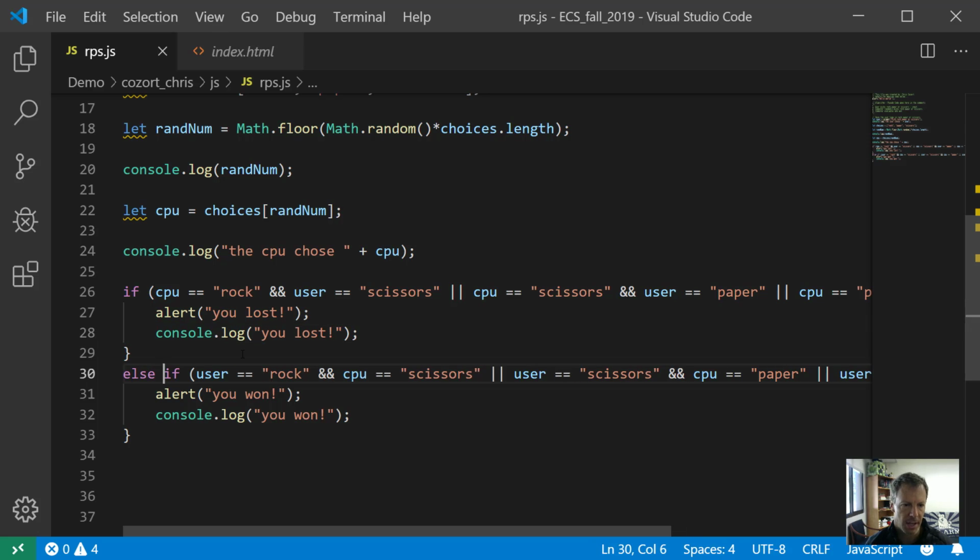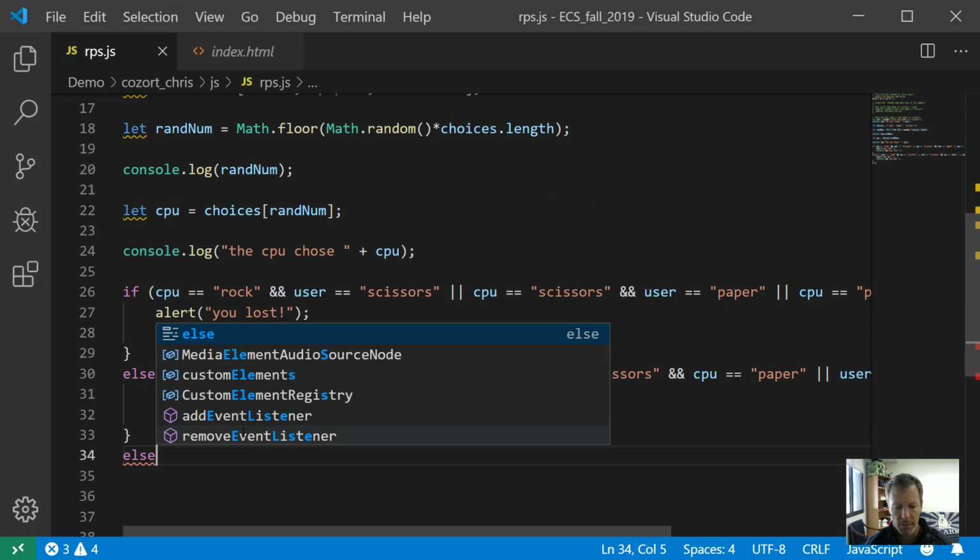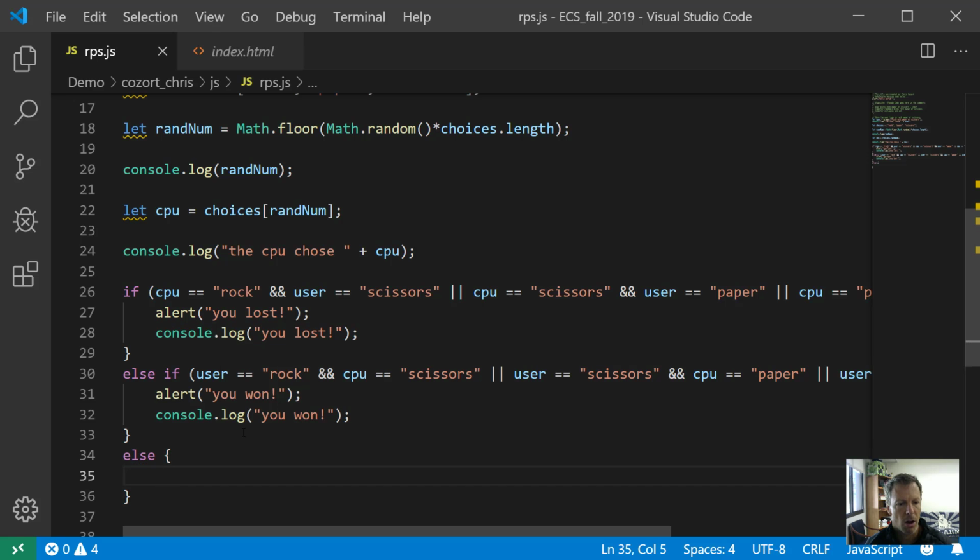So if I say else if user, and then all these scenarios, if this evaluates to true, we get it. If this evaluates to true, so any one of these has to evaluate to true. So if it's false, false, true, it's going to be a true statement because of the OR logic operator. So if this whole statement here evaluates to true, and so on. So I think you understand that. But the scenario of a tie really ought to be anything that happens outside of this. So if I say you tied,